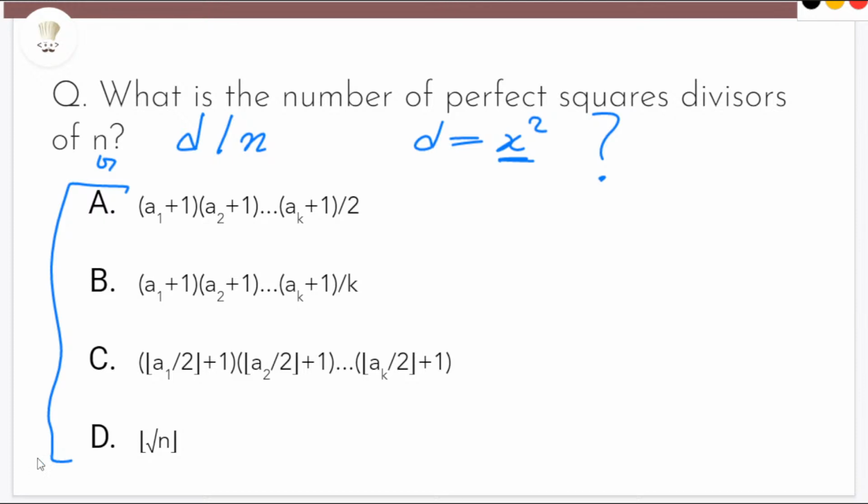I think the answer is C, Devang Bhagat. Yes, Devang Bhagat, you are correct. Kumar Patak, you are correct as well. The answer here is indeed C. This is because